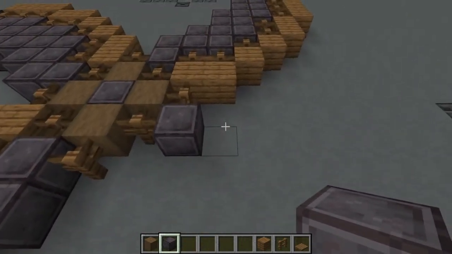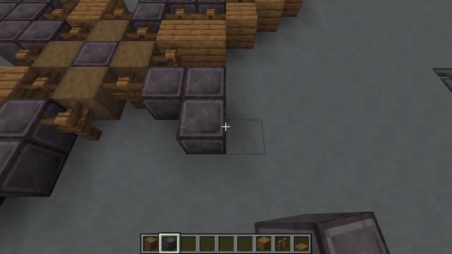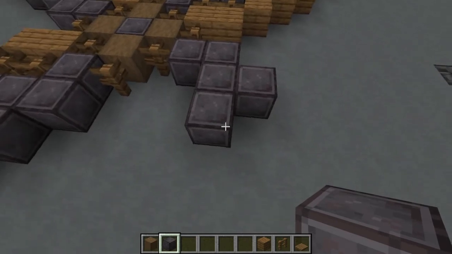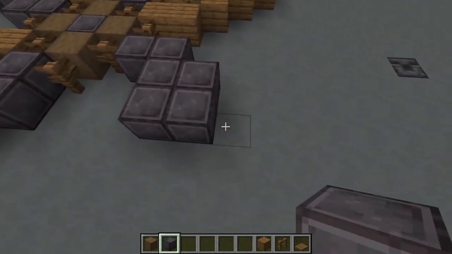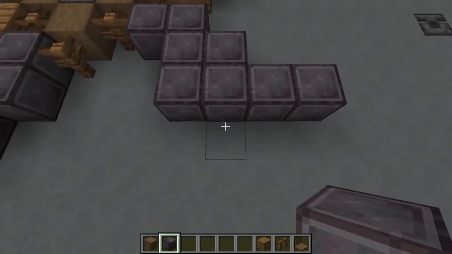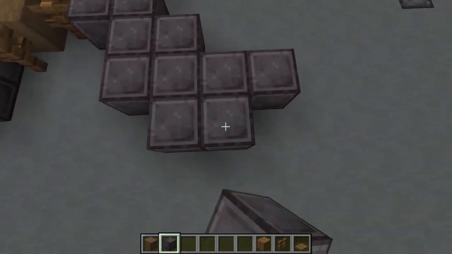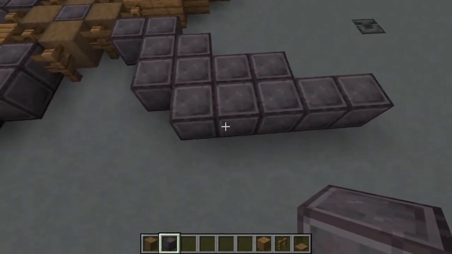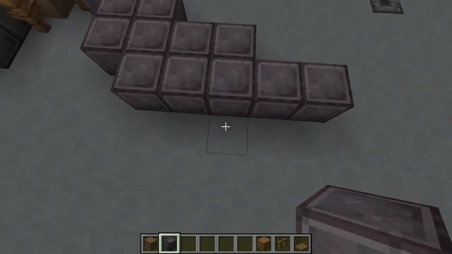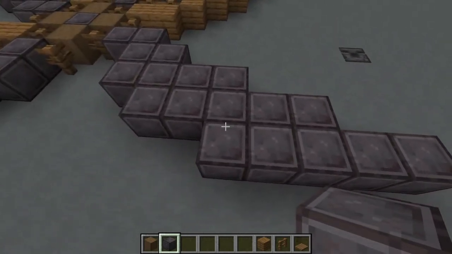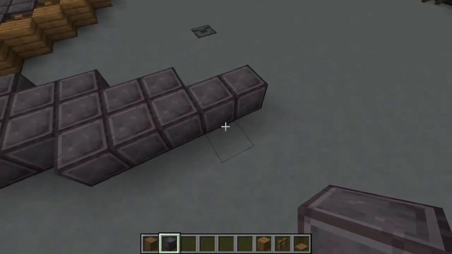So you want to go out 2 and then down, out 2, down on this same line, and we're going across 4, 1, 2, 3, 4, and then we're going to skip a block here and go for 5, 1, 2, 3, 4, 5. This time, because we're now at the middle, we're going to skip 2 blocks and go for 5 again, 1, 2, 3, 4, 5, and then finally, as always, you want to add your little curvy flick on the end,